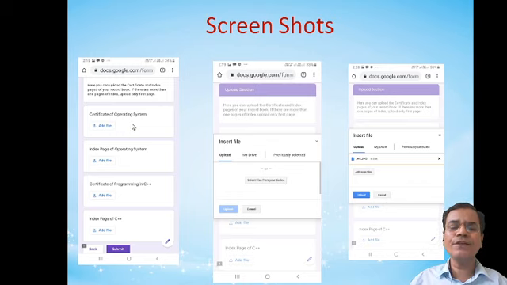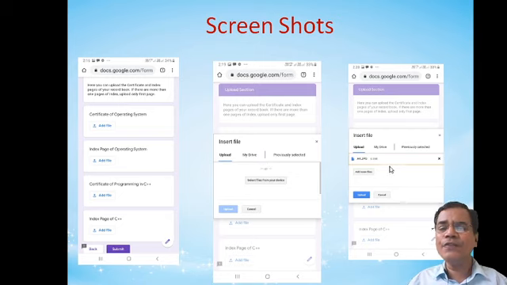So in this way the first file will be uploaded. Same process you follow, upload the second file. In the similar fashion you can upload the remaining two files. So when you upload the file, it will show the name of this file here. So this first file that I have uploaded, its name is a4.jpg. So it will display the name of your file. Now see here, its size is 6.8 kilobytes. So you should compress your file to a smaller and smaller size, so that it will take less time for upload.